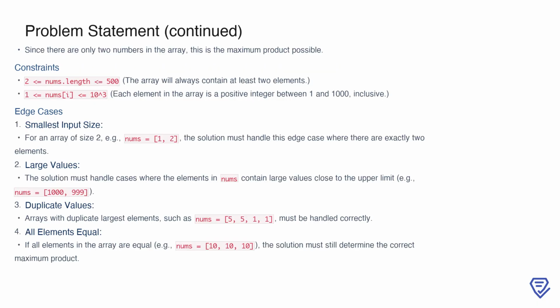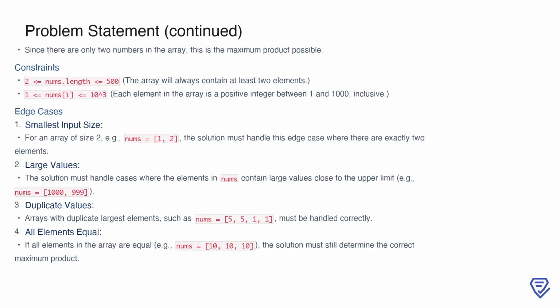Now let's consider some important constraints and edge cases. The array will always contain at least two elements, with a size between 2 and 500. Each number in the array will be a positive integer between 1 and 1000. For edge cases, the solution must handle small arrays like 1, 2, where there are exactly two elements, as well as arrays with very large values, such as